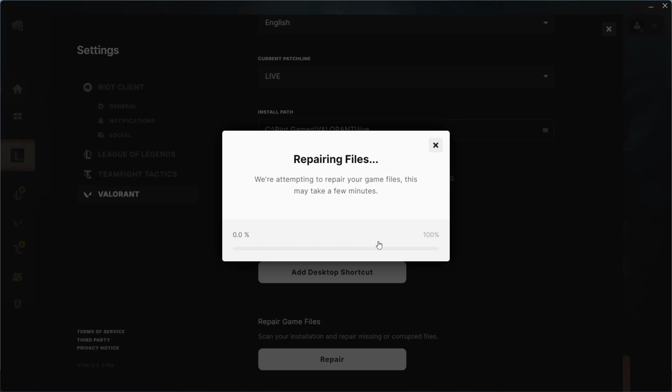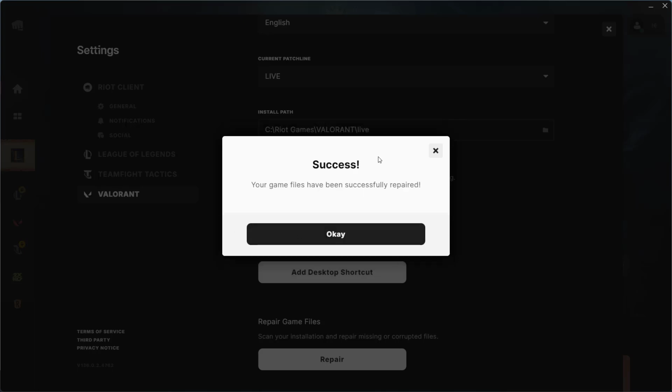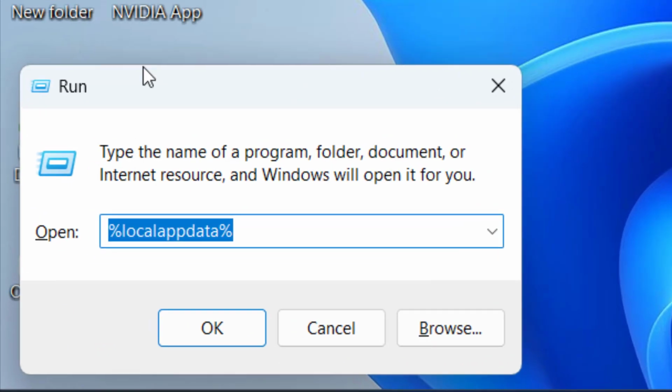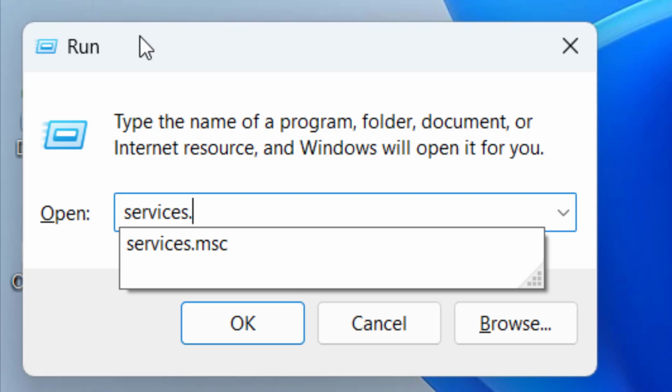It's entirely verifying your game files. If there is any corrupted file, it will rectify it. Once complete, it will throw up the message successfully repaired. Click OK. Next step, open run and type the following text: services.msc